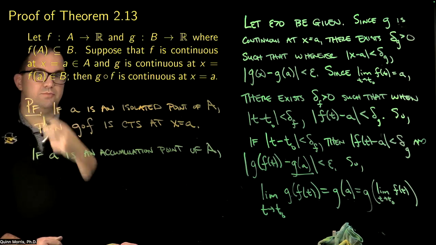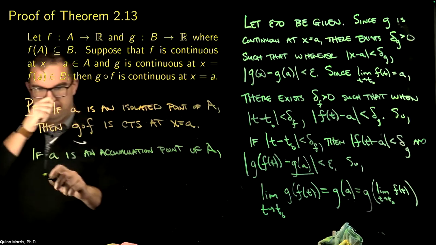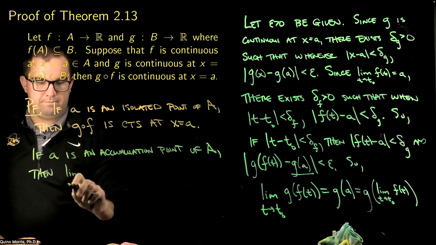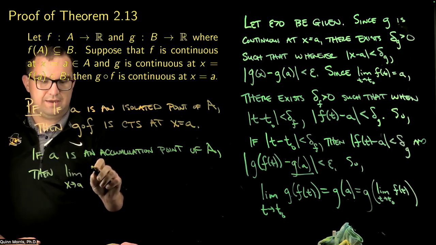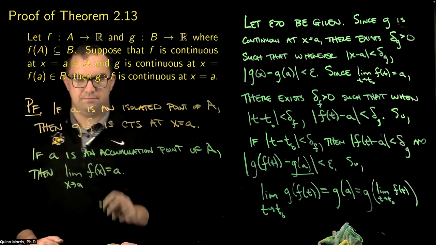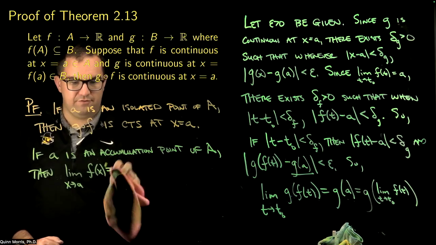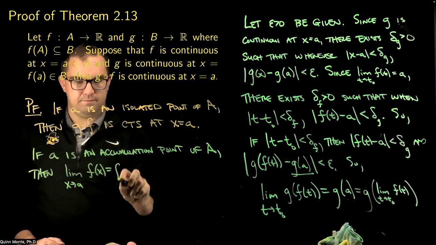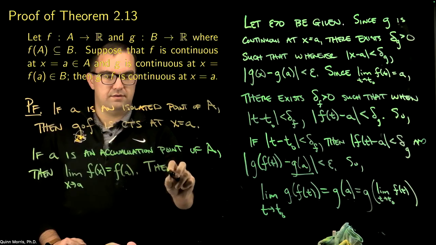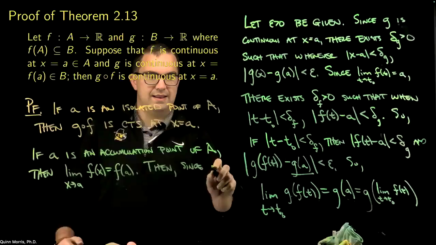Well, if A is an accumulation point, then given that f is continuous at A, that must mean that the limit as x approaches A of f of x is equal to f of A. And then, since g is continuous at f of A,